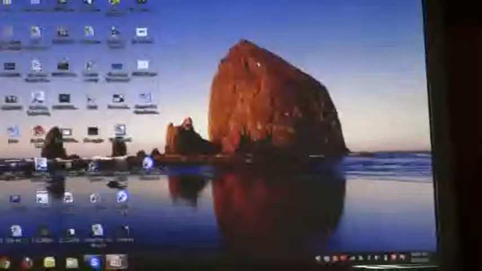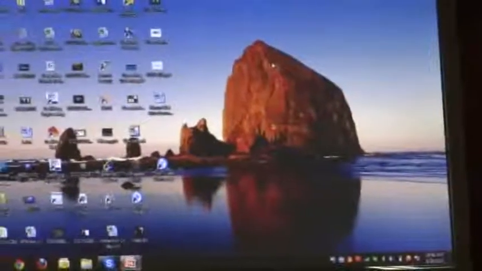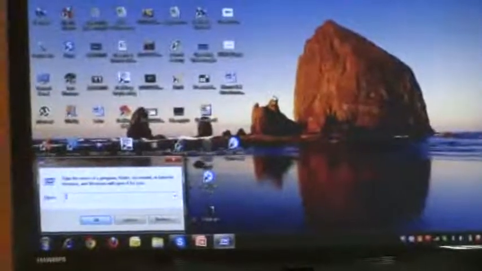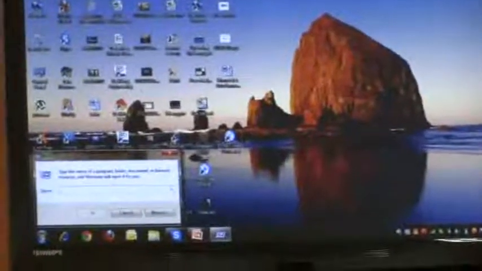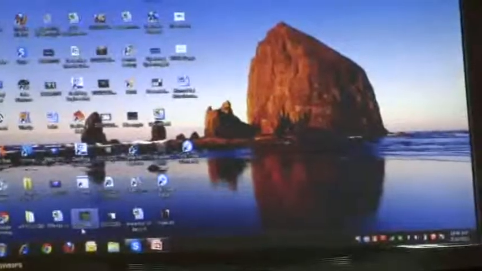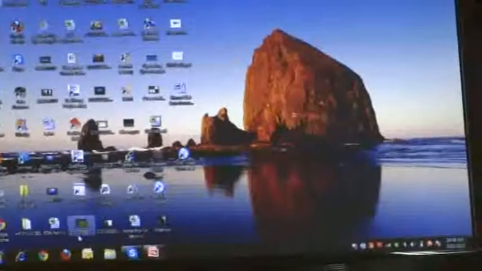I'm telling how to take the backup of the PST. How to search? Simple thing is you have to directly go to Run. If the OS is corrupted, we don't have the choice to search. Directly you have to go to Run and go to search items. You have to put star.pst. It will show you all the PST files where they are located.